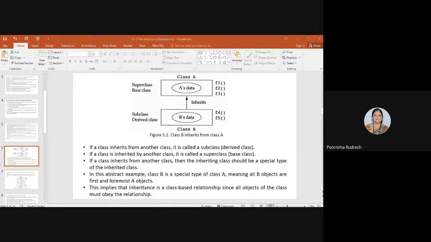And the inheritance relationship is a class-based relationship. Why? Because all the objects of the class should obey the relationship. So all the objects of the class must obey the relationship. Then we say that the inheritance relationship is a class-based relationship. Understood? Any doubt in this?